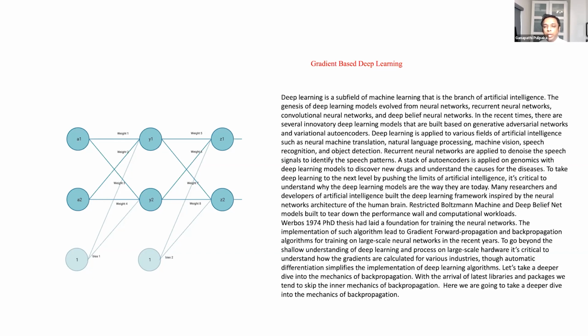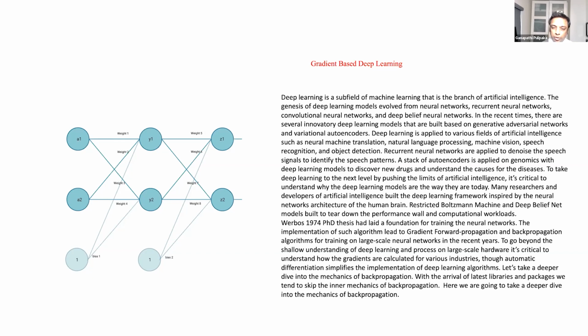And so again, as I told, the advancements in neural networks have been very vast in recent times. It has been implemented for various fields such as genomics or chemical industries, and even autonomous cars, speech and natural language processing, neural machine translation, and so on. All of these applications have been successfully implemented, including building deep learning models to discover new drugs and understand the causes of diseases as well.